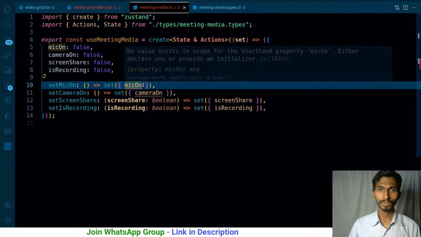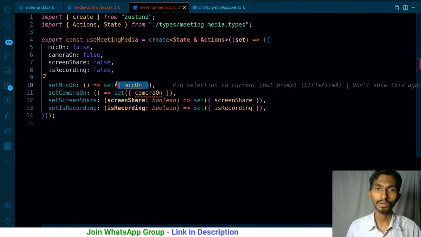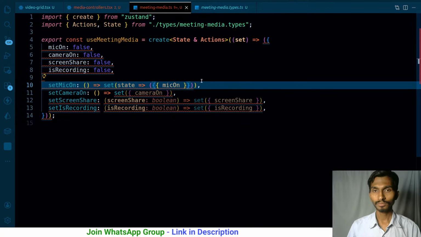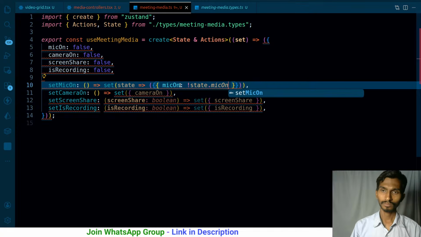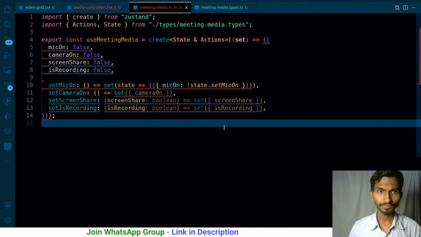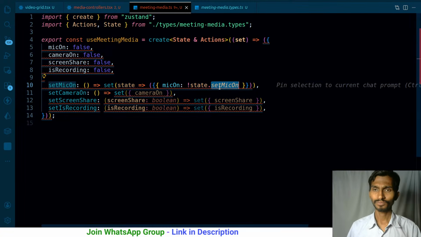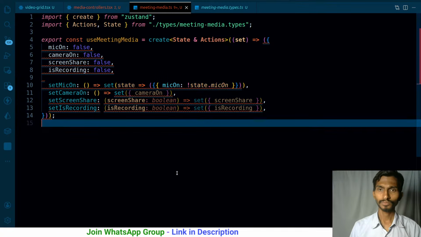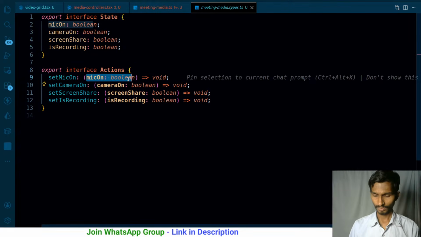So my icon is gonna be equals to what? Cut it from here. Cut it from here. State my icon is going to be equals to opposite of state dot my icon, just like this. Hopefully it's right. State my icon, not set my icon, sorry. My icon. And then of course we will face the errors with this. So let me remove it from here first of all. This